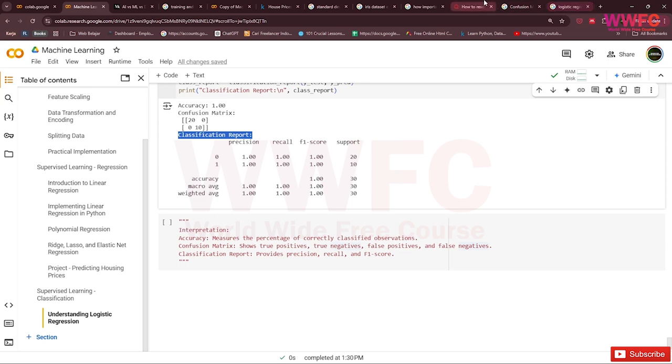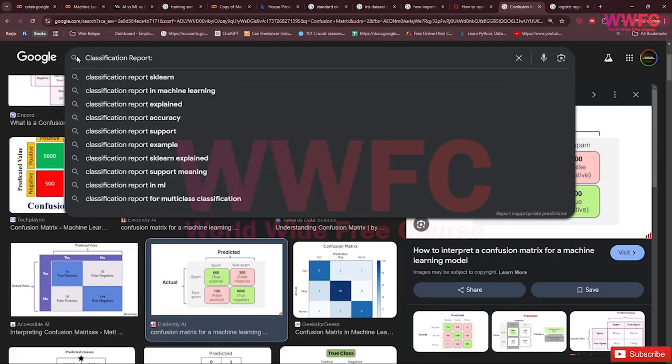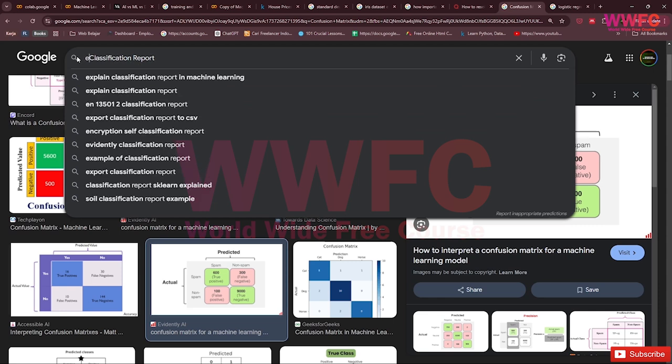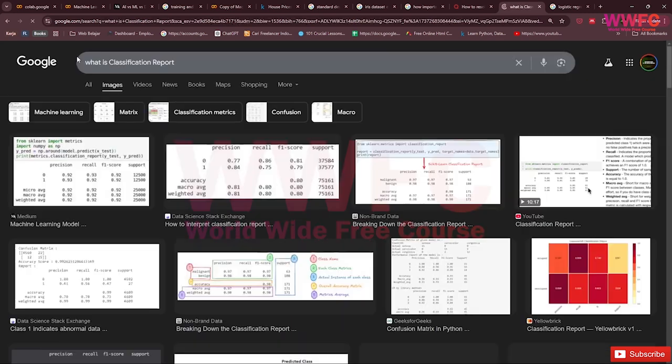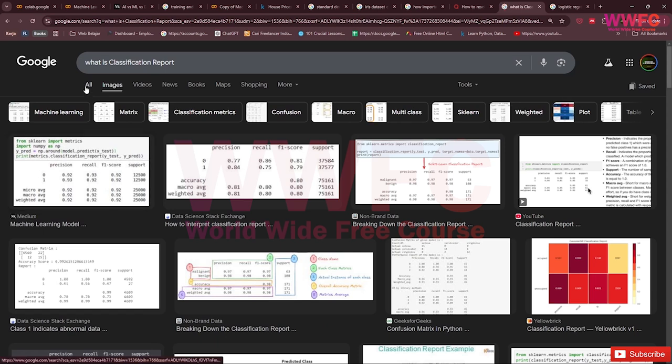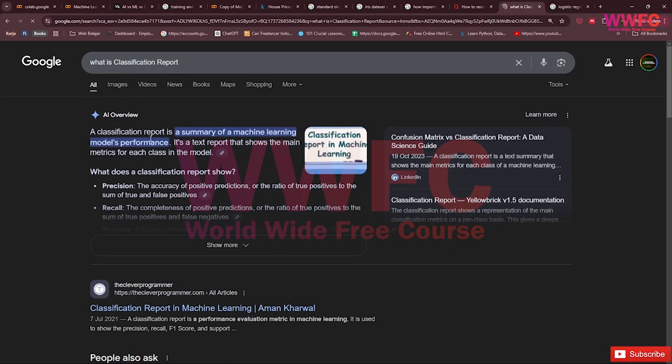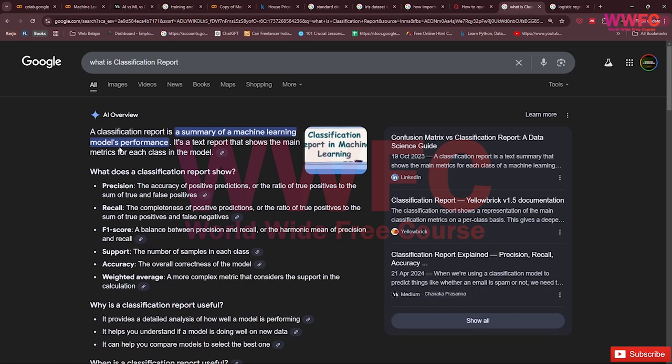So we can check in here the classification report. The classification report is a summary of machine learning model performance. It's a text report that shows the main metrics for each class in the model. So what is precision?